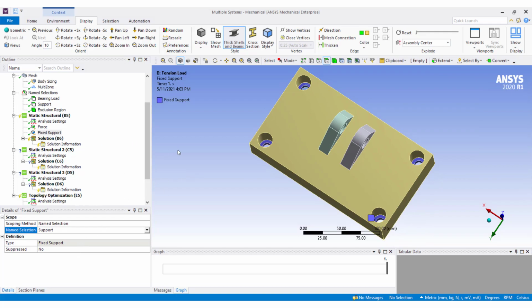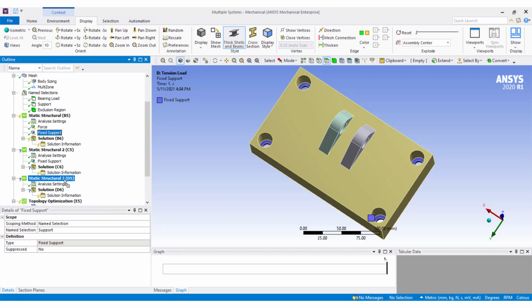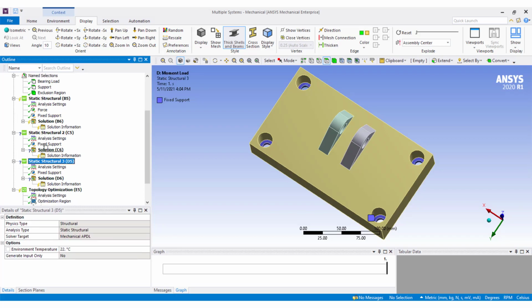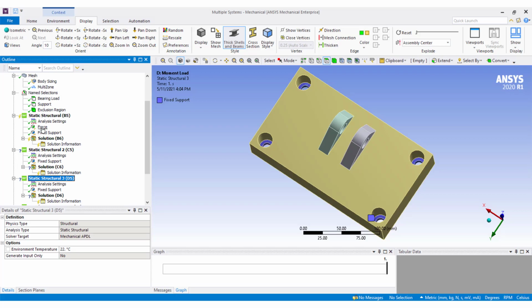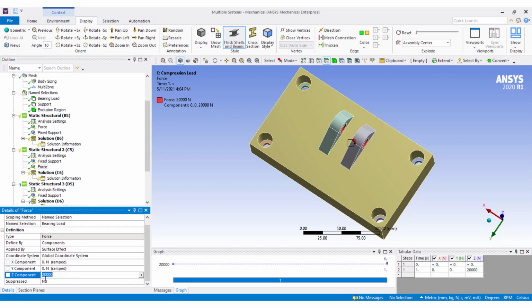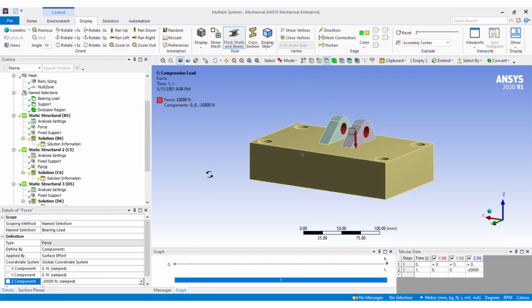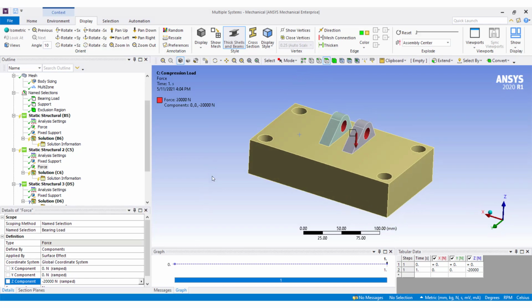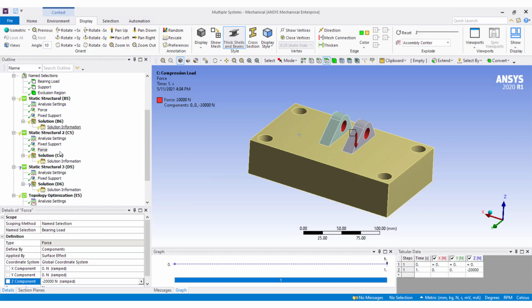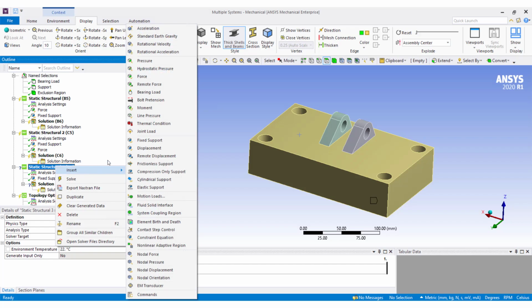One can drag and drop the boundary conditions from one system to another. Now I will drag and drop the force and change its direction to make it a compression load. At last, I will apply the moment load.